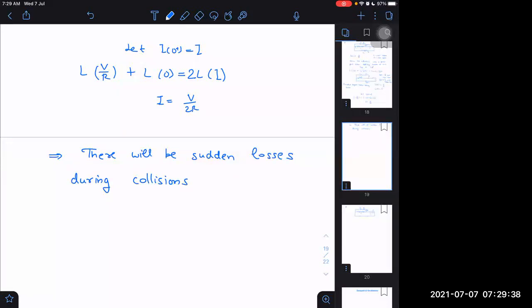Which collisions? Collisions here. I hope you understand which collisions you are talking about. That is when an inductor